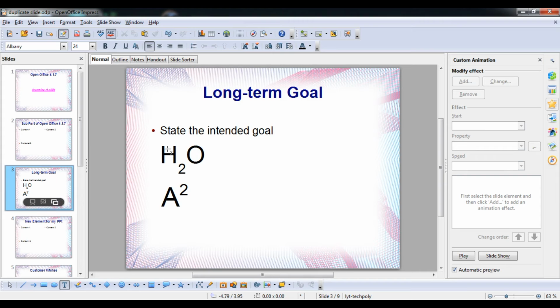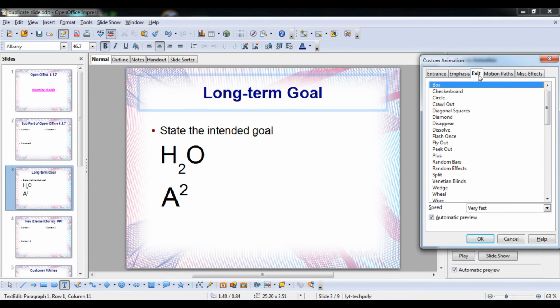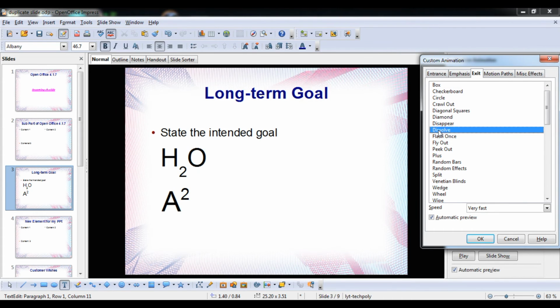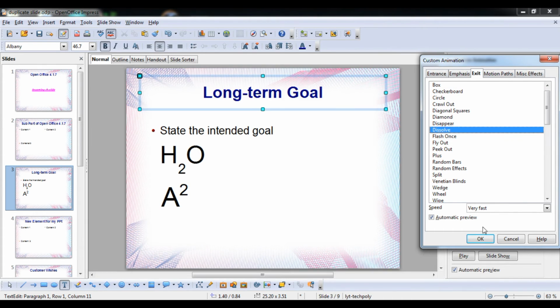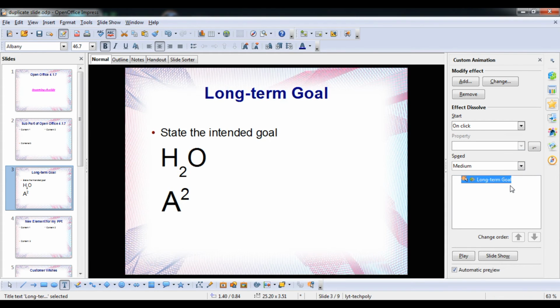Okay students, now we are doing the same thing with another slide. Long term goal I will select. You can see this will open. You can select exit, dissolve, look like this, and press OK. Now we have selected. Here is on click, with previous, or whatever. Suppose I am going to use on click only. Speed: very fast, very slow. Suppose we are going to say